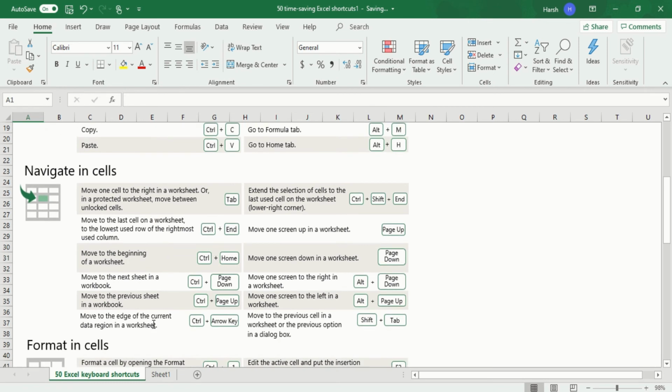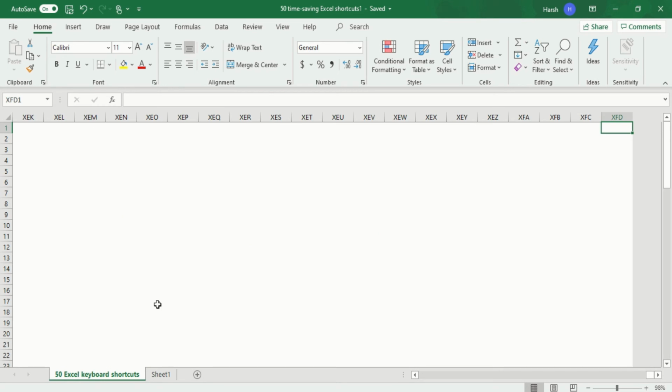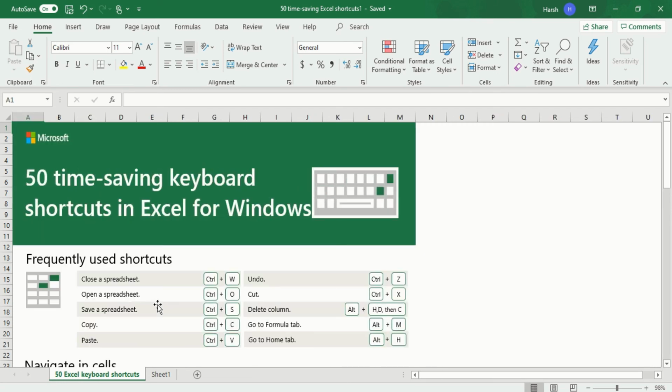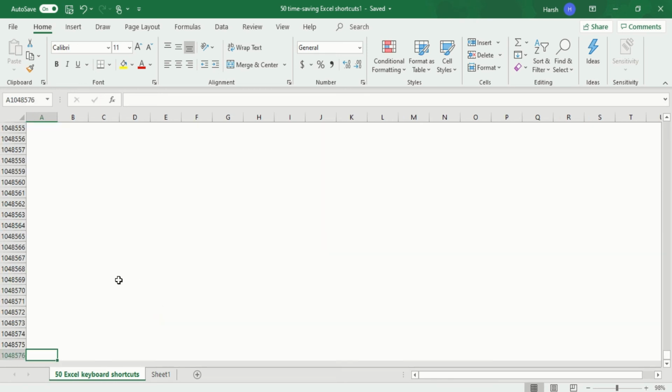Move to the edge of the current data region in a worksheet: Control and arrow key. You will see we have just reached the XFD edge, that is Control and right arrow. Again I will click on Control and left arrow. I will reach A1. If I click on Control and down arrow, I will reach the lowest